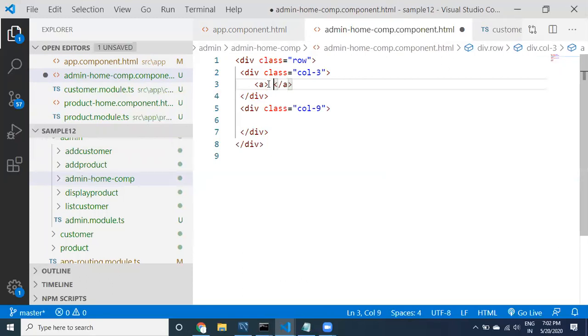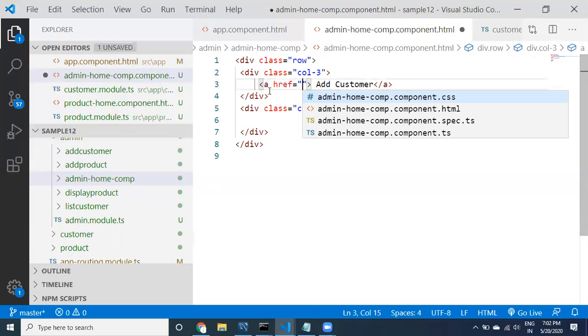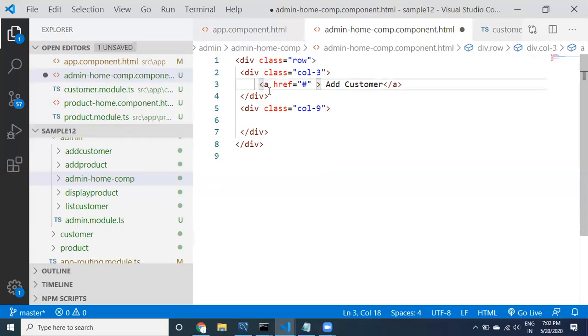This is going to be anchor tags. Within that, add customer. This is going to be the add customer, and href equal to hash, and then we need to provide router link. We are going to add it very soon.